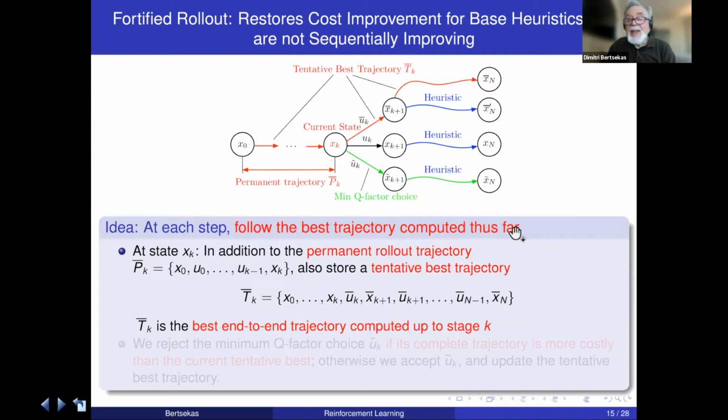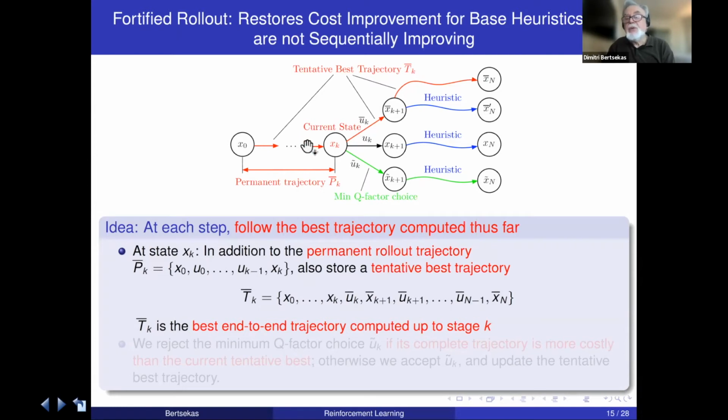And the way you mechanize that is, in addition to the states that you have visited so far, these are permanently part of the rollout trajectory. Let's call this the permanent trajectory up to the current state xk. You also maintain another trajectory, which is end-to-end. And it is the best trajectory that you have found so far